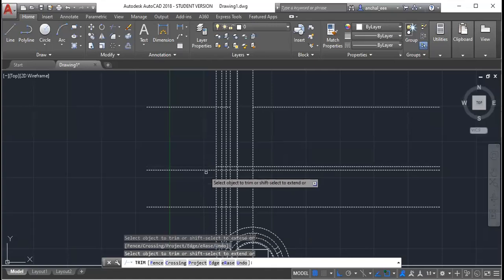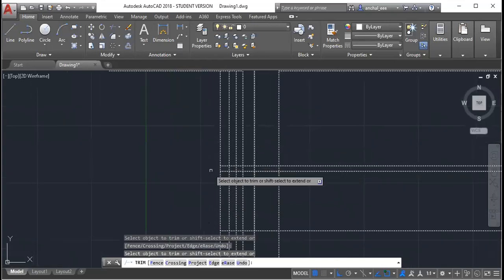And this line also is not required. This line is also not required. This line is also not required. We don't need this.